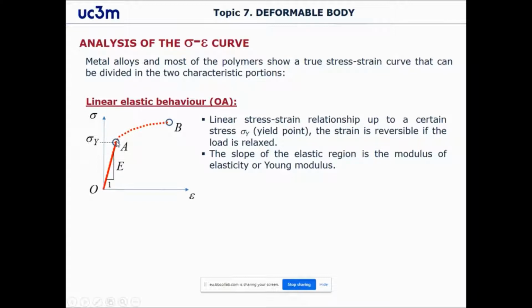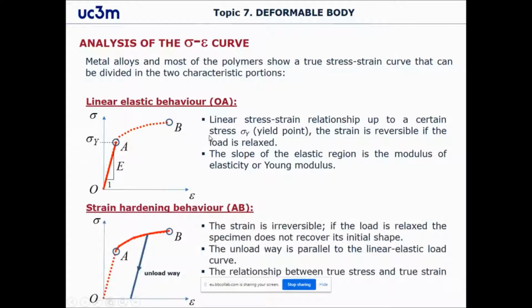For certain materials, it's going to be at 0.2% of the strain. It's going to be somewhere over here, but it depends very much from material to material. So after this initial linear elastic region, we enter into a plastic region, and what it means is that there is going to be a certain amount of strain that is not going to be recovered, right? So it means that we have an irreversible process, and we can see it easily here. Once we increase our load beyond the yield stress,